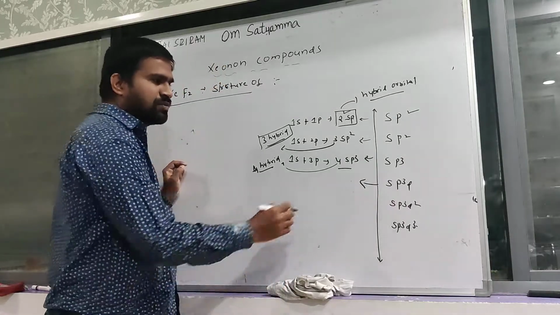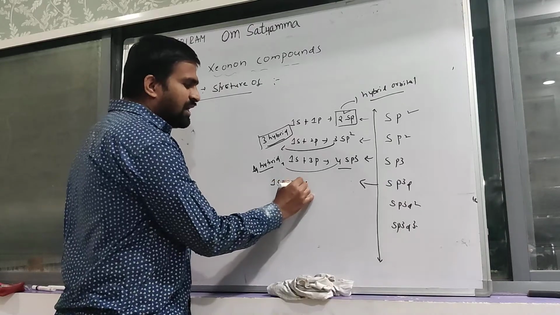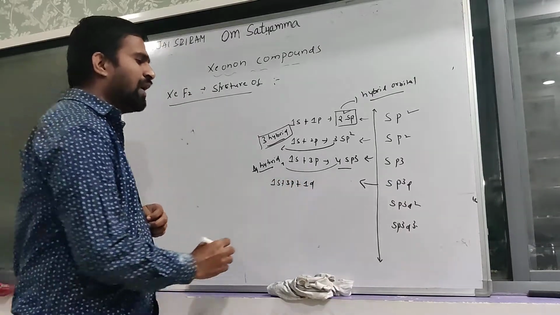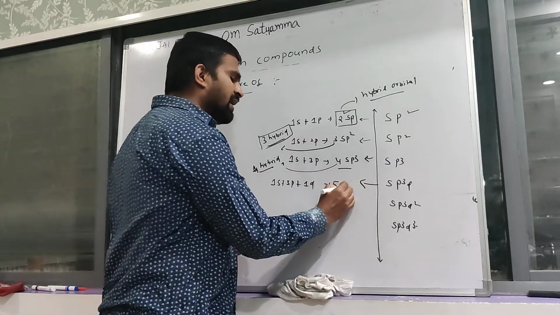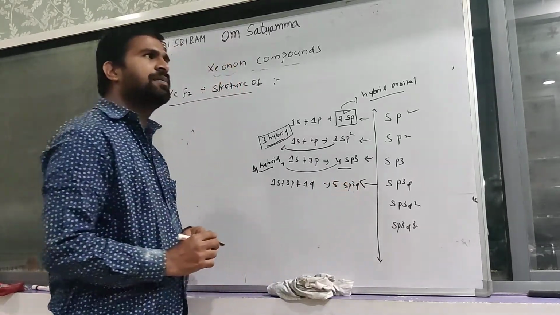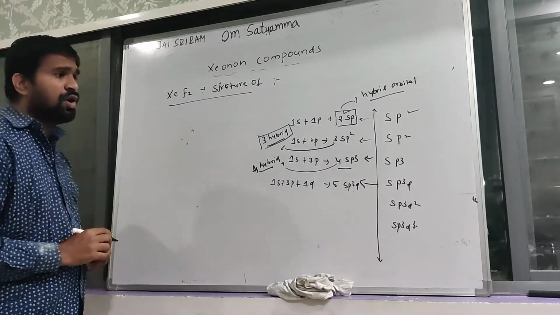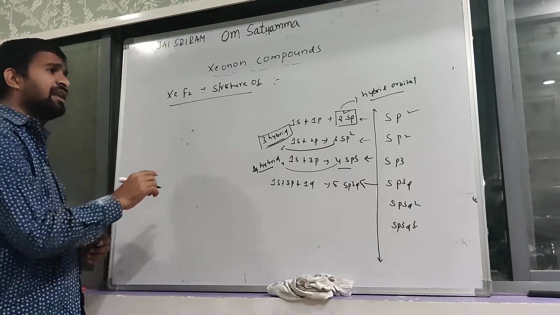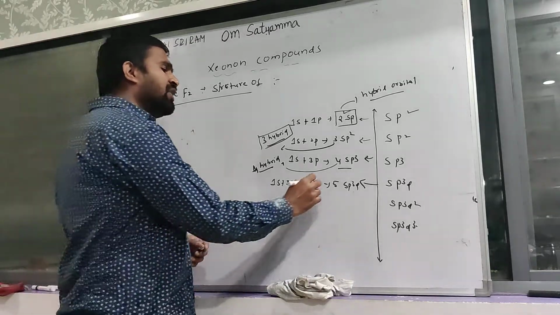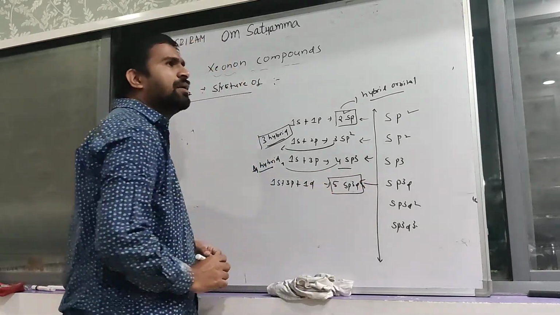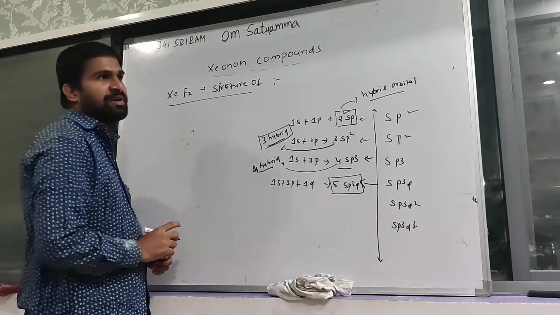Now observe sp3d hybridization. One s orbital, 3 p orbitals and 1 d orbital intermix to form 5 new equivalent hybrid orbitals. These 5 new equivalent hybrid orbitals are called sp3d hybrid orbitals, and this phenomenon is known as sp3d hybridization. If the central atom of a compound has 5 hybrid orbitals, compulsorily that central atom undergoes sp3d hybridization.